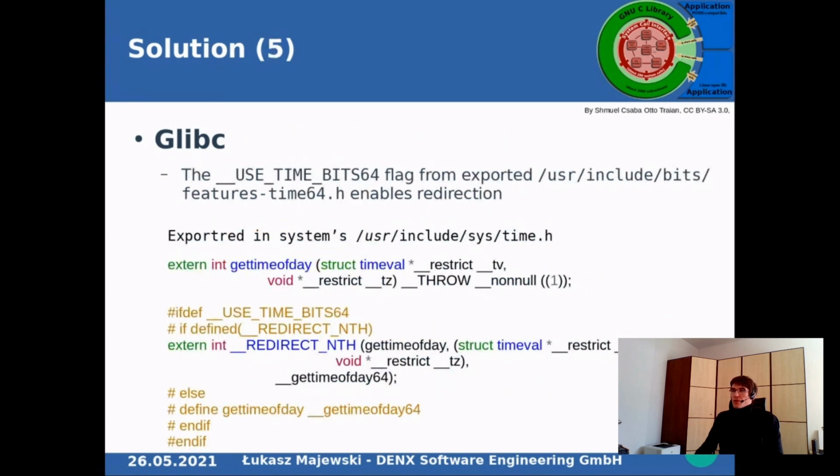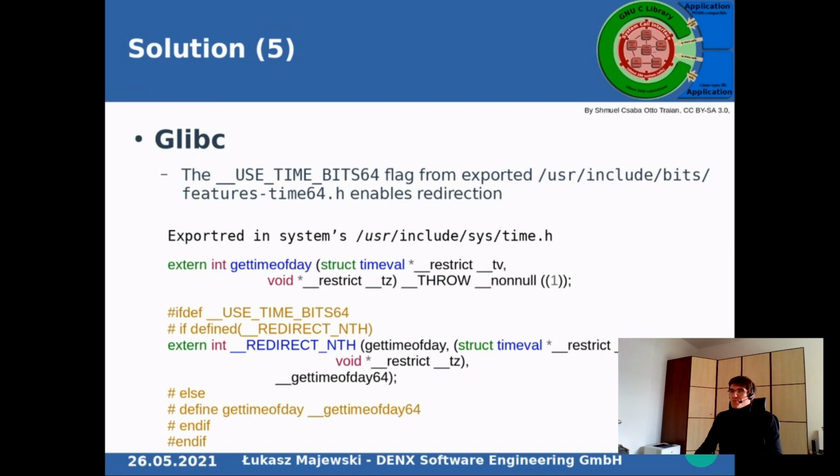Now I would like to present how the redirection is performed in the embedded system and in the glibc source code. So glibc exports headers, which then are used by user space programs. One such header is the features time 64.h. In that feature, the use time bits 64 flag might be defined, and this flag is defined when somebody compiles with the